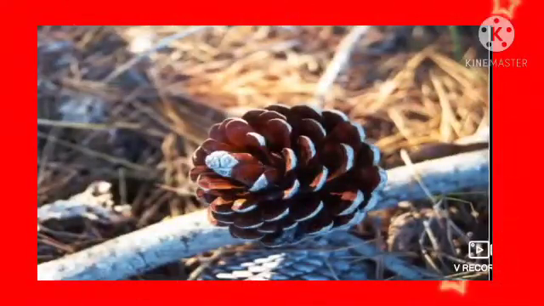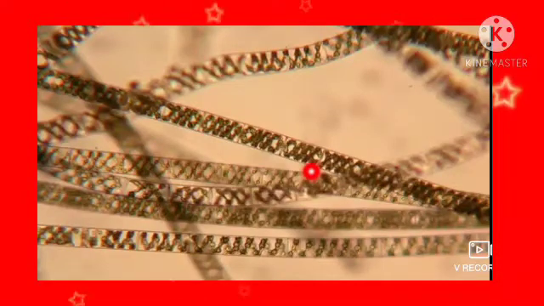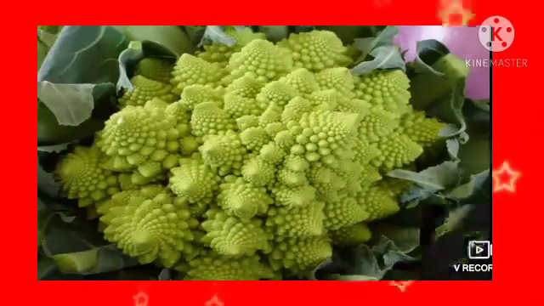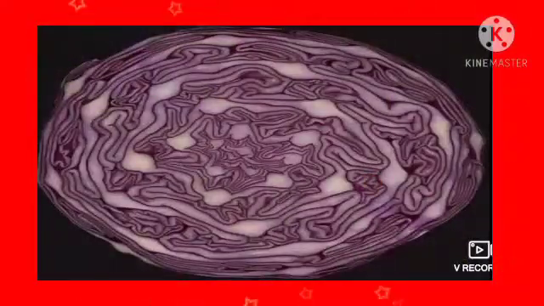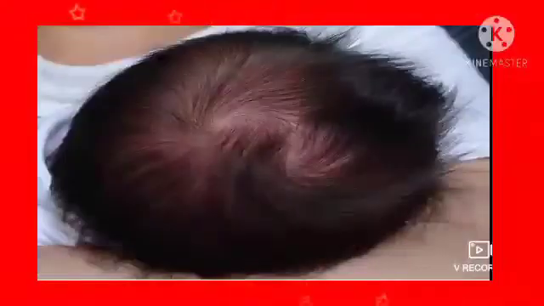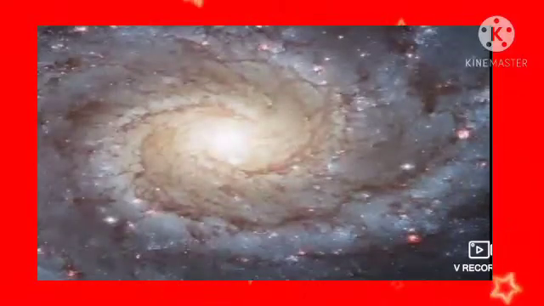Pine cone, whirlpool, Spirogyra green algae under the microscope, Romanesco brassica, red cabbage, cactus succulent spirals, fern spiral, human fingerprint, human hair double crown, spiral galaxy.